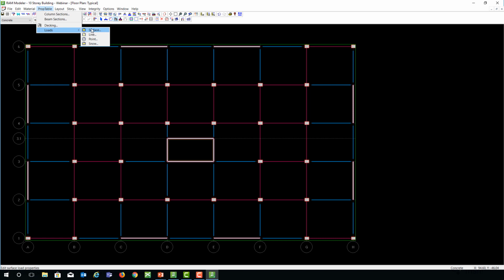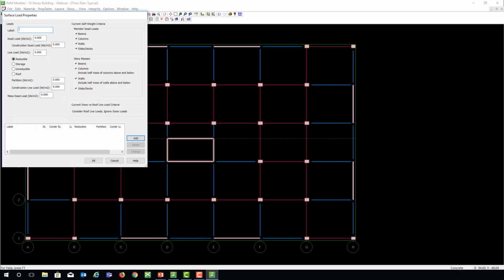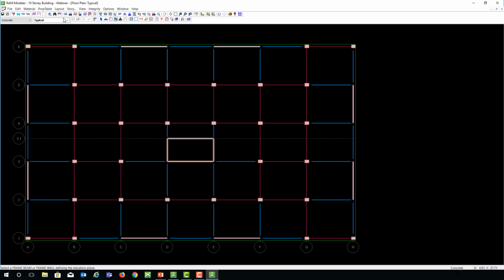So I go to the load, surface loads, and apply these gravity loads. Okay, which is a dead load of 1 kN per meter square in addition to the self weight of all these components. Okay, live load of say 3 kN per meter square, partition load of 1 kN per meter square, and a mass of 1 plus 1.5, that's 2.5. It's useful for dynamic analysis in case you do response spectra. Okay, that's it, and we can now apply these loads on our whole diaphragm for typical